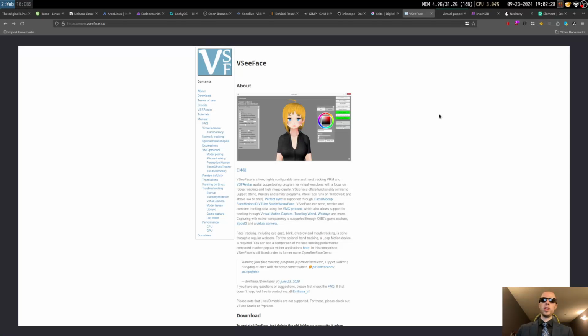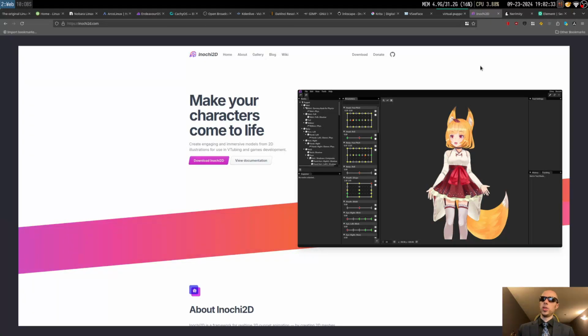If you have a 2D model, you want to find someone who is familiar with Inochi2D. Inochi2D is pretty much the only competitor to Live2D Cubism. Now, Live2D has a subscription model, and you are very limited. The subscription model is absolutely predatory in my opinion. So, you need to basically be using this specific software. If you know someone who happens to be into Inochi2D, who happens to use it a lot, especially professionally, because you get all the features of Live2D for free,